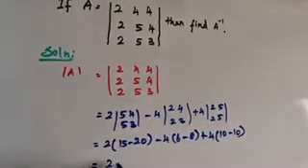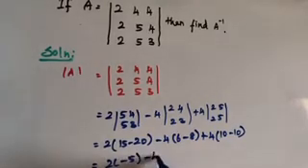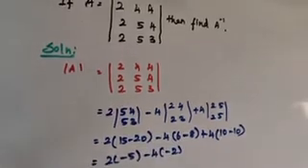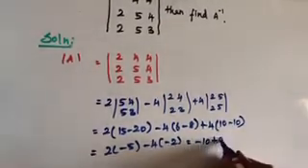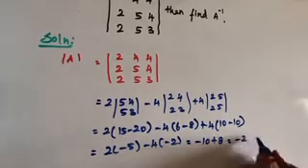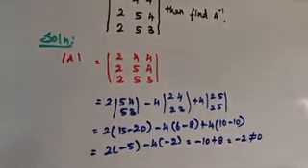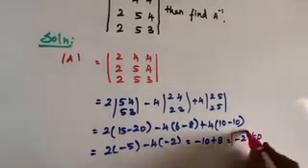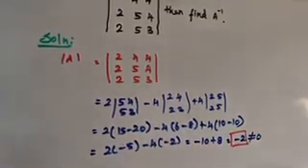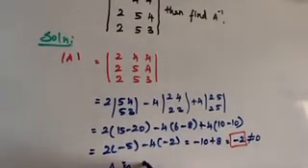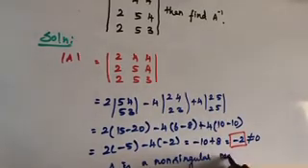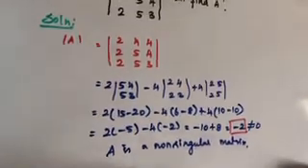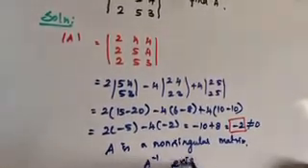Here 2 into minus 5 minus 4 into minus 2. 6 minus 8, it is minus 2. So, that is equal to minus 10 plus 8. It is equal to minus 2. Minus 2 is not equal to 0. So, minus 2 is determinant A. We need that value too, right? So, A is a non-singular matrix and A inverse exists. Okay.